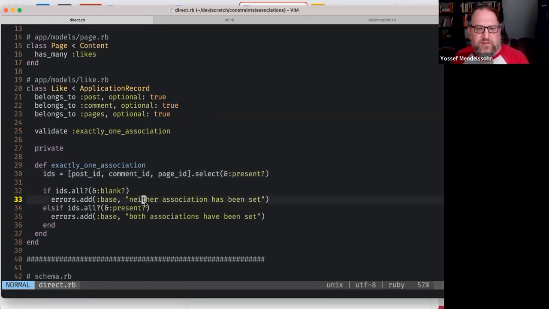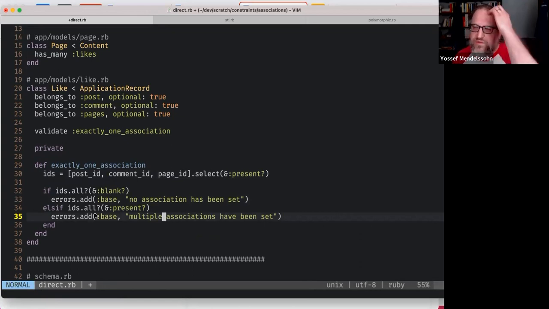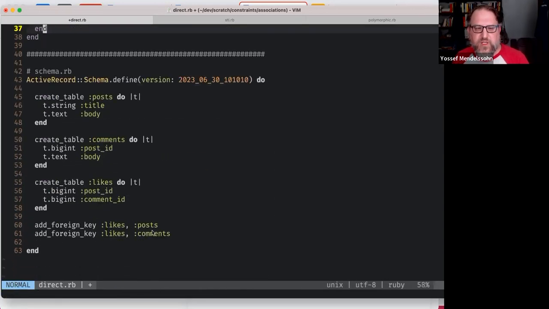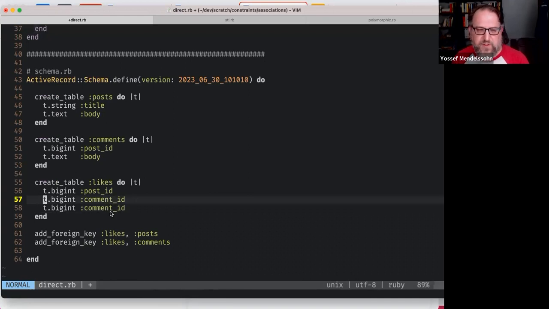And then, okay, if they're all blank, yeah, I have to do this a little differently because two and three are just different things, I guess. And if this length is greater than one, no good. And then here, of course, we have to do